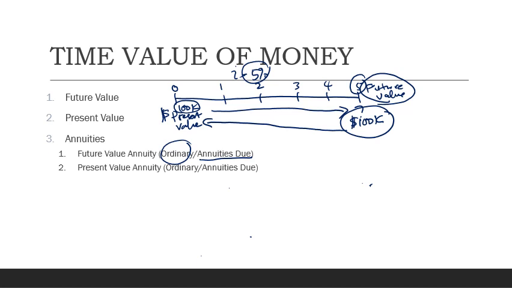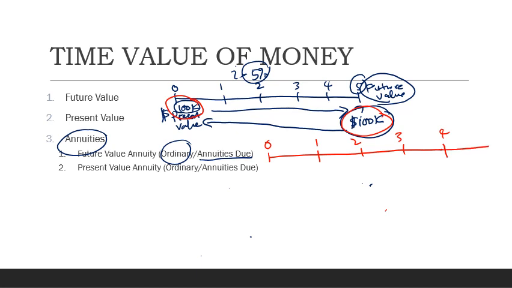So the difference between simple future value and simple present value versus annuity is that annuity will involve a series of payments. In the case of simple future value and present value, there will be only one lump sum amount, but annuity will involve a series of payments. So take an example like this. We have 1, 2, 3, 4, 5. A future value annuity is a case where